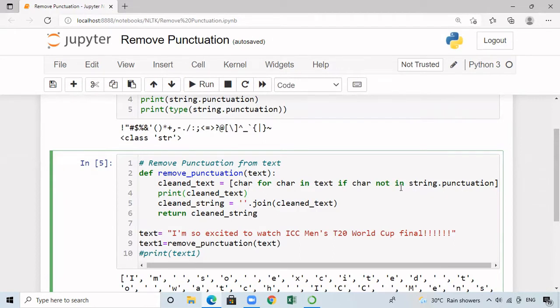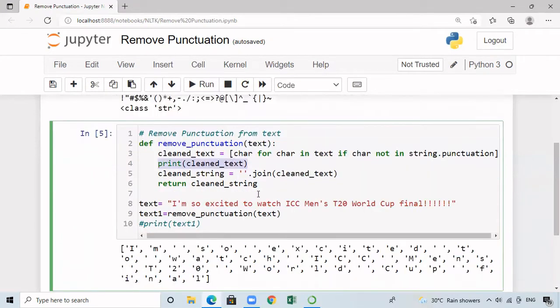That means that I have a character which is not a punctuation character. So what is my aim is I need to get the character and create another list. So I'm getting the character here, and that is stored in a new list called cleaned_text. This is written inside square brackets. This is now list comprehension. When I print clean text, I'm going to get the text without the punctuation characters.